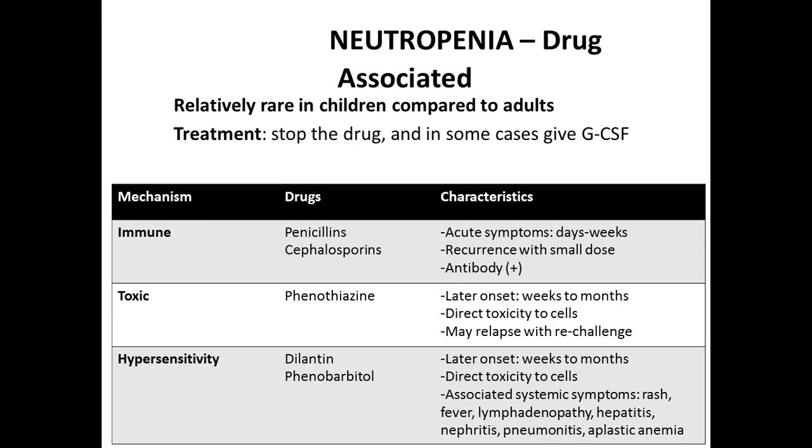All right, so talking about drugs, again, I think it's worth spending a little time remembering specific drugs that are associated, and it's a little bit hard. I think you can get a trick question, so say someone shows up with a viral syndrome and gets an antibiotic and then has a low ANC. I think the correct answer for the test is that it's the viral syndrome and not the drug. I think that's one of the questions we have in the practice test. It's not really fair, but it's one that I remember showing up.